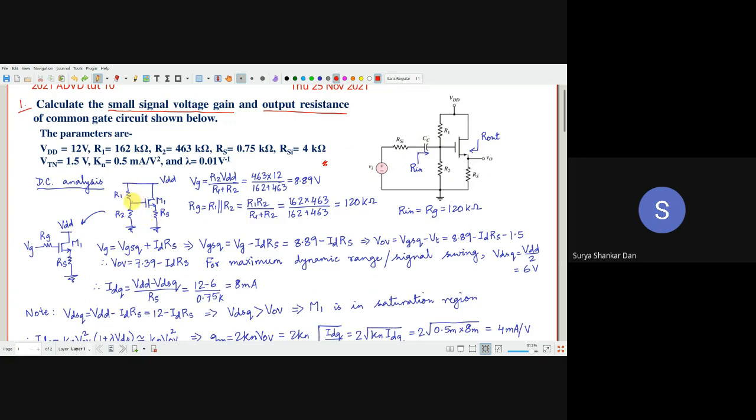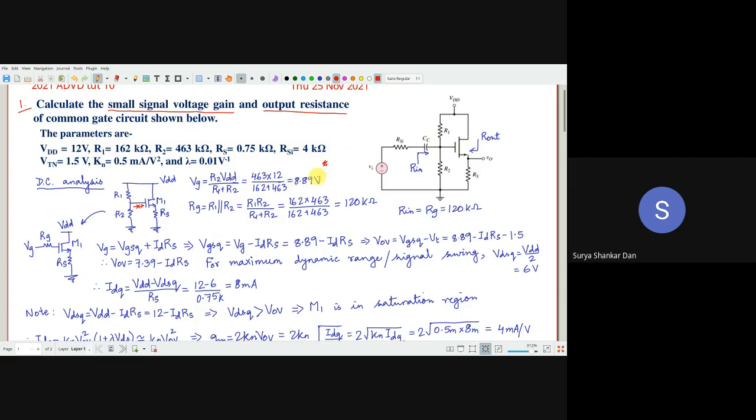All right. So then notice that there is no current which is flowing along this path. So why is there no current? Because of the dielectric, gate dielectric over here. So if there is no current flowing through this path, so obviously the voltage which is appearing at this node here is simply the voltage divider rule, correct? So that voltage I have called Vg. Okay, here. So that is the Thevenin equivalent basically. So what we have shown over here is Vg will be equal to R2 by R1 plus R2 into VDD. Very simple. The values are provided here in the problem. So it calculates into 8.89 volts.